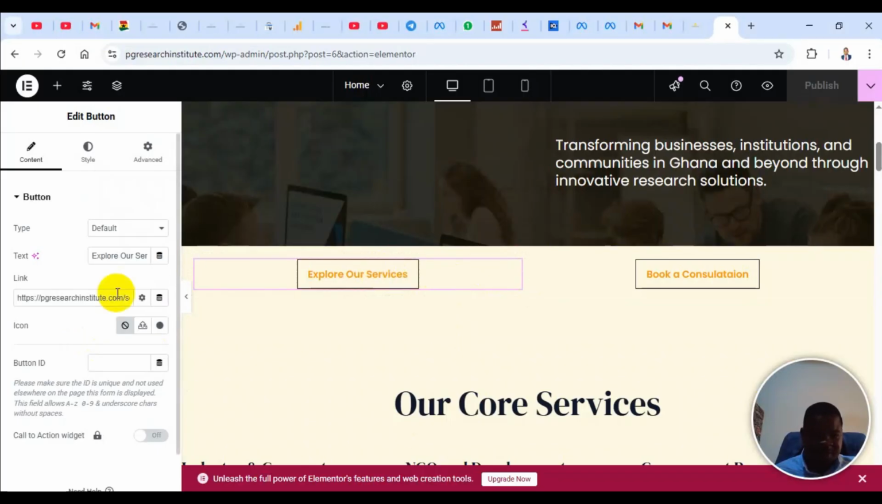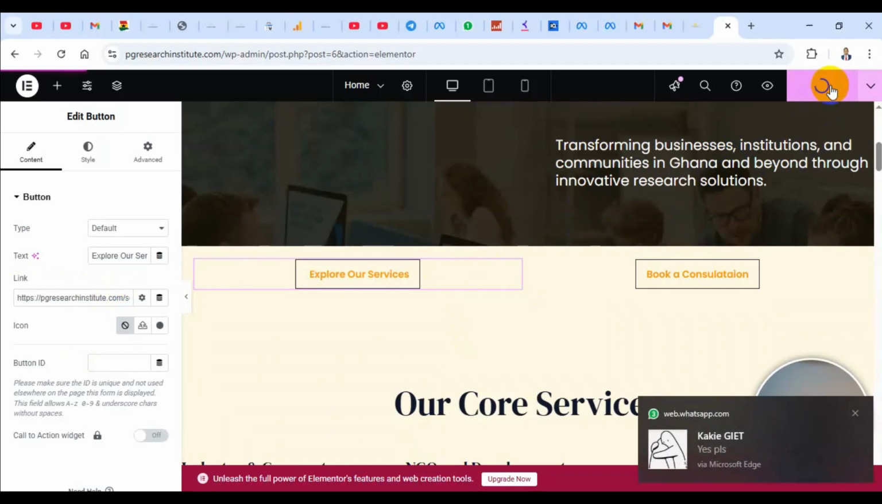And then come here. Under the link, normally you may see a hash or some dummy data that is there. So you just click and then put it there. So after you put that, you click on what? Publish. So after you publish,